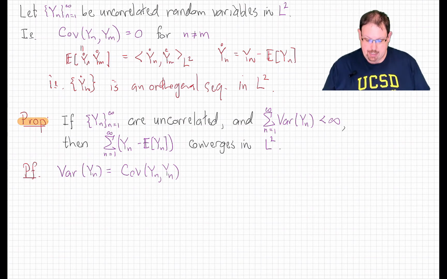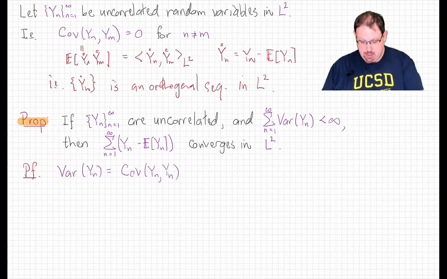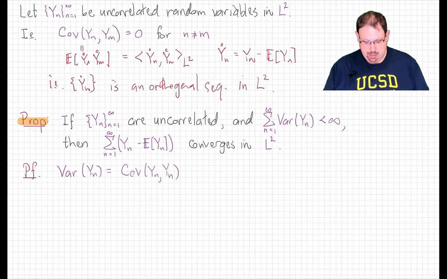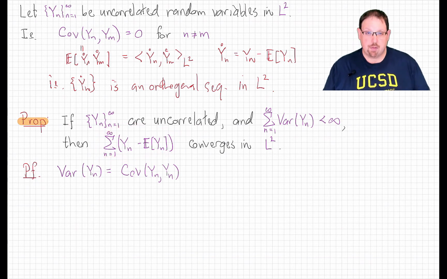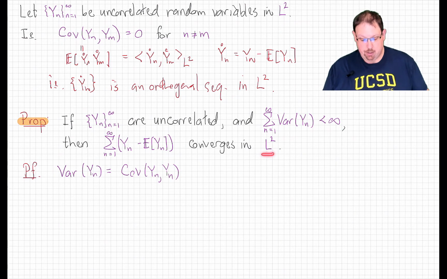Suppose that yn is a sequence of uncorrelated random variables, and suppose that the sum of their variances is finite. Then, the sum of the centered versions of those variables converges in L2.